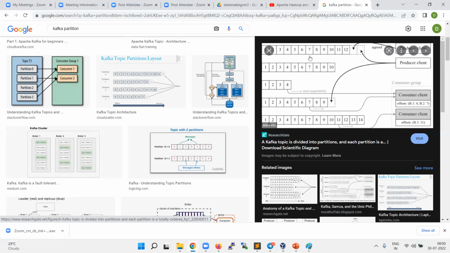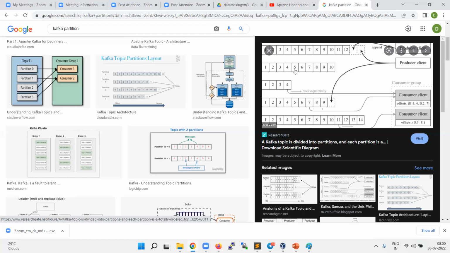As I mentioned, it's going to store the data in a local file system, and it acts in an append-only mode. So this 1, 2, 3 refers to the offset, or you can call it the message ID. The data of the first message will come here, and when the second message comes, it gets appended. The retention policy is, by default, Kafka will store your data for 7 days. That's a default retention policy, but you can adjust it based on your project use case.